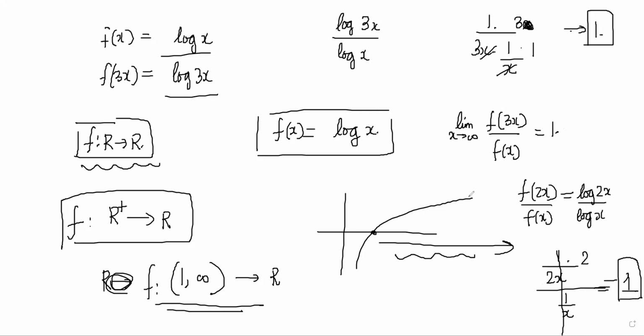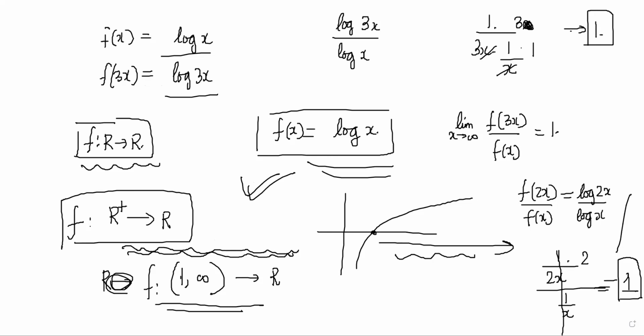So I think there is some problem with the question because no other polynomials can be done. E power x cannot be done. Log function is fitting, but then the definition is not working out, right? So then he should have defined the function from 1 to infinity to R, not R to R. R to R, I don't think I can find any function for this. Tan x and all, no, it will not work. Nothing trigonometric can work. So log function, and then the answer will come as 1, but slight problems with the question.